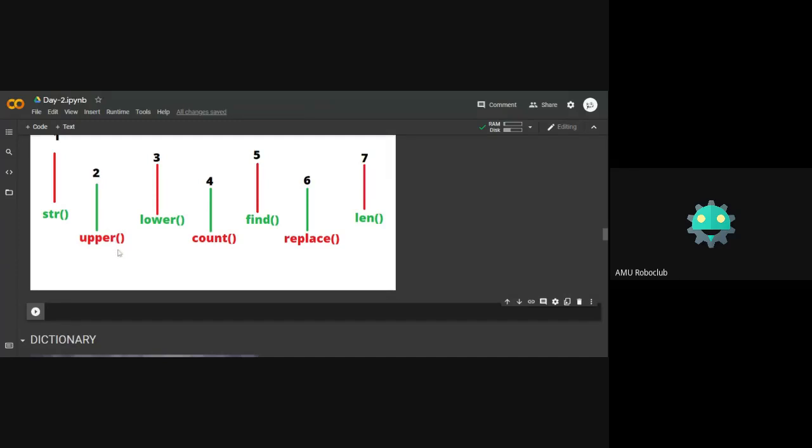So starting with upper, what we do is, let me just define a string.